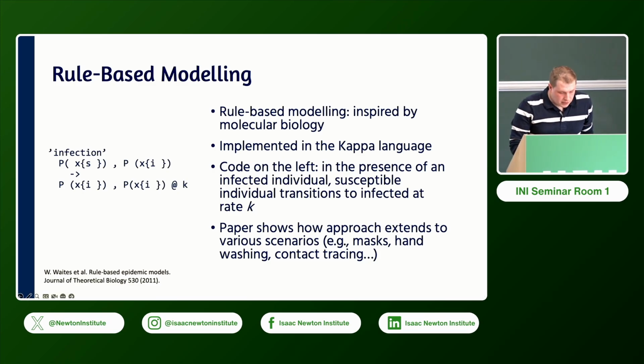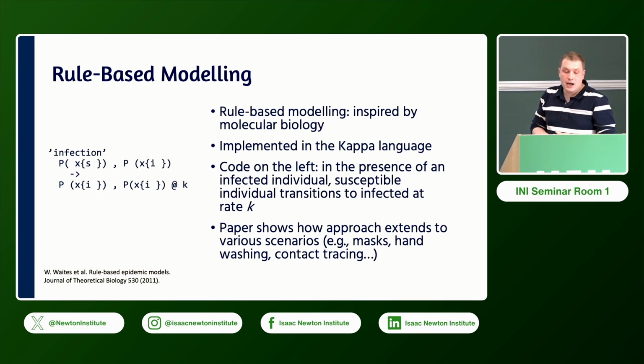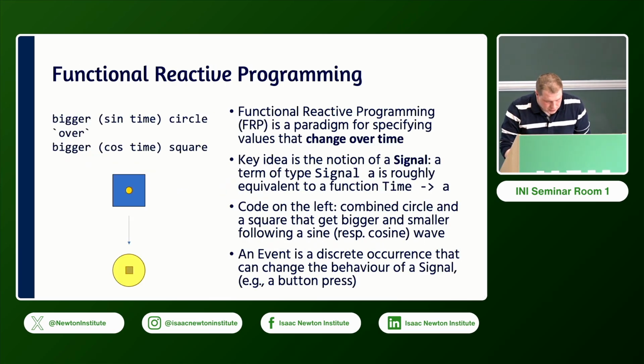And the paper, Rule-Based Epidemic Models, that should be 21, sorry, not 11, actually shows quite nicely how the approach extends to various scenarios and interventions like masks, hand washing, contact tracing, and so on, and how this can be specified in quite a succinct way. Okay, so to talk about the last thing, I'm just going to give a very, very quick primer on something